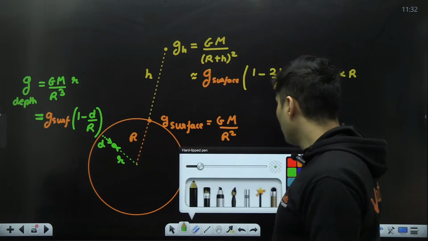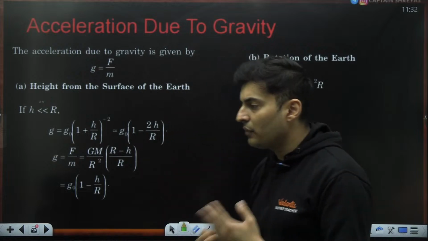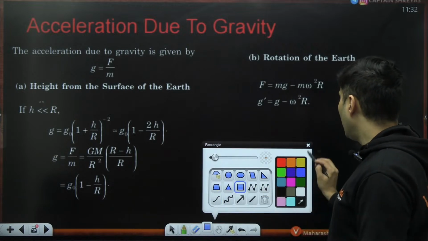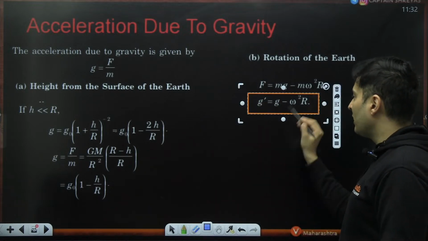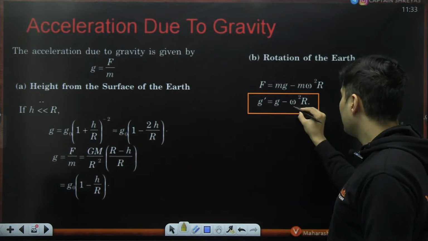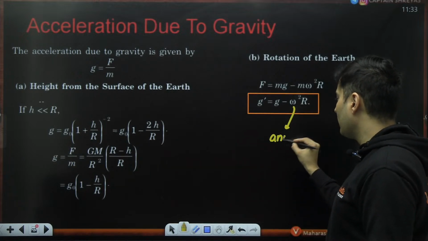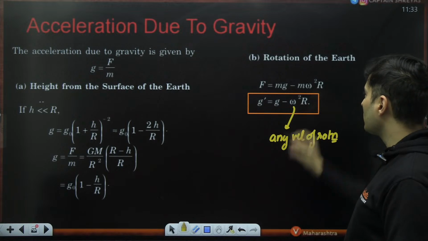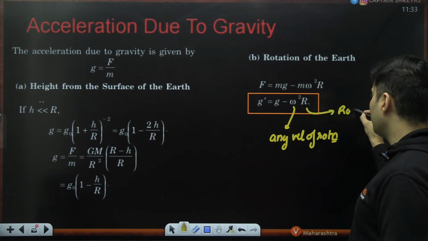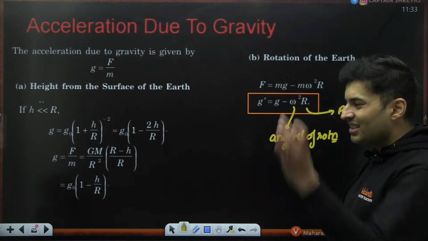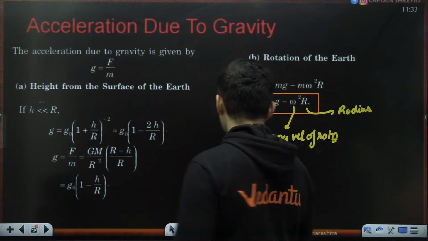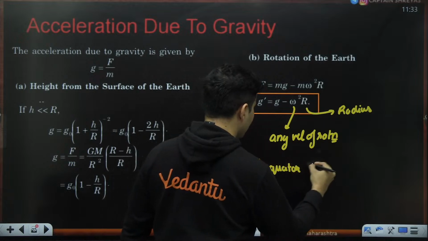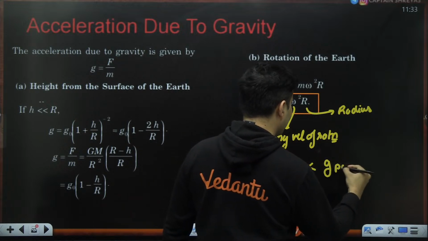the Earth. Also note that when the Earth spins, there is a centrifugal force which comes into play, because of which the acceleration due to gravity will be slightly different, and you will get the formula as the actual gravity minus omega square r, where this omega is the angular velocity of rotation, and r is basically the radius of the Earth. So there is a small difference which comes. Because of the centrifugal forces, the gravity at the equator is less than the gravity at the poles.